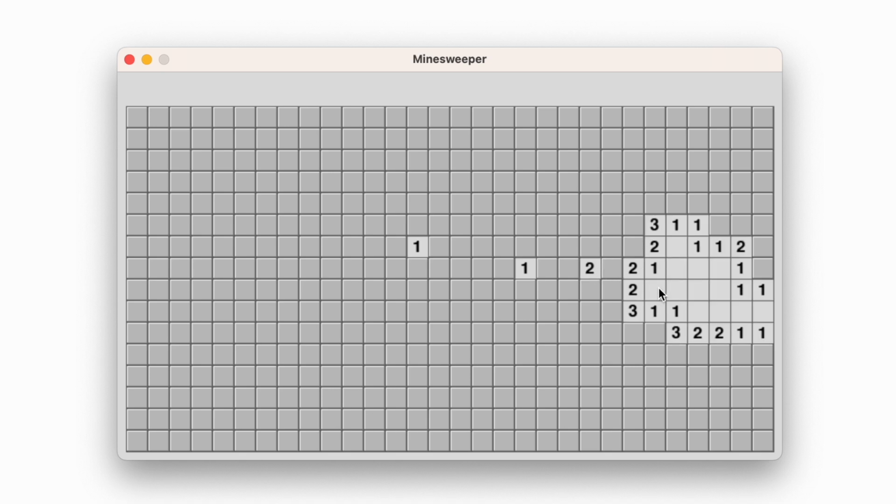Like magic, all connected empty cells and their numerical neighbors are revealed, dramatically expanding our view of the grid in a single, satisfying sweep. Stay tuned for our next video, where we'll add even more features to enhance your Minesweeper